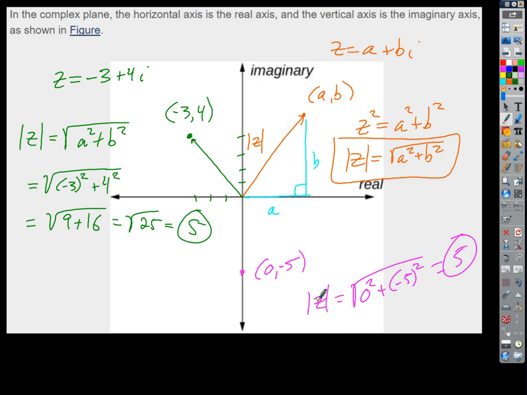Pink? Pink's good enough, I don't know. But the pink number and the green number have the same size. They're just located in different places in the plane, right? With the same modulus, okay? All right, so